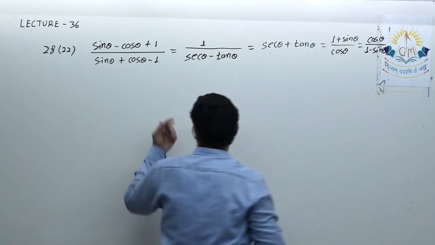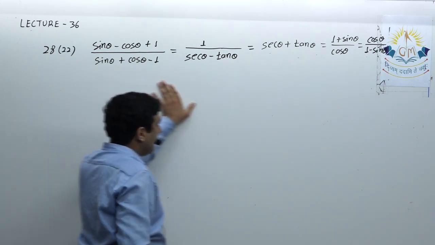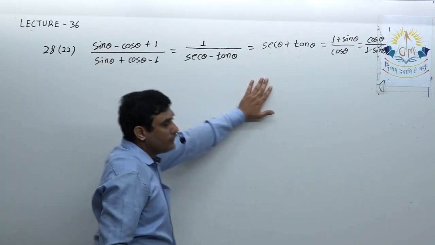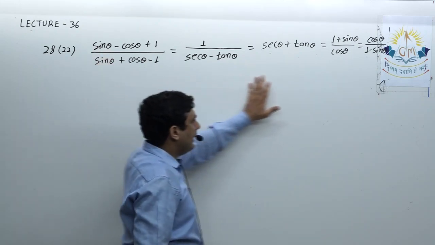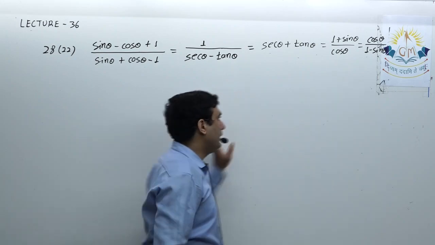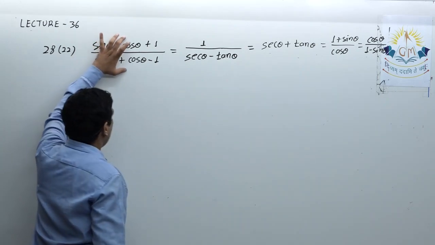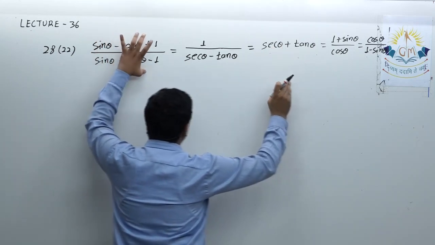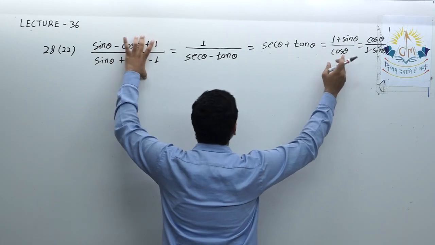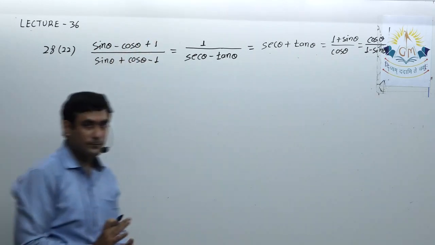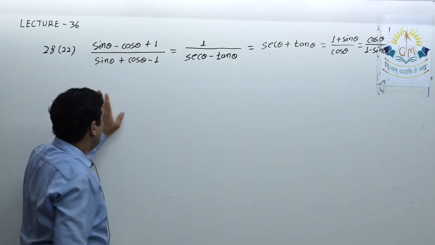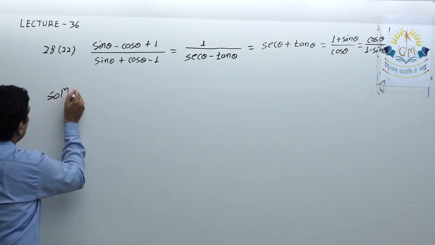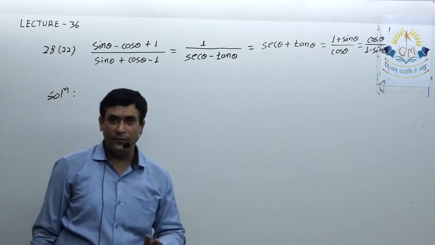Now definitely you won't get such a long question in your exam. Maximum 3 terms will be given to you, but all of them are the same, that's why I took all together. You may get that prove the first one is equal to the second one, or the first one equal to the third one, or the fourth one, or the fifth one. So now how to solve this type of question? As I told you, here we have to follow a little bit different strategy.